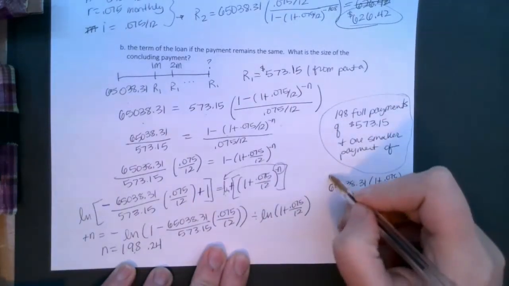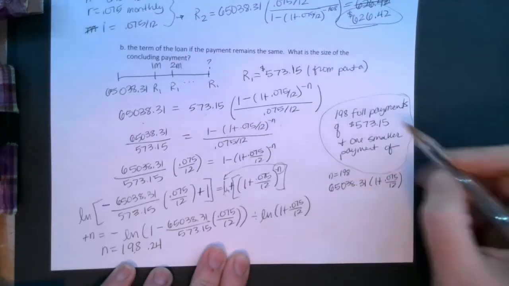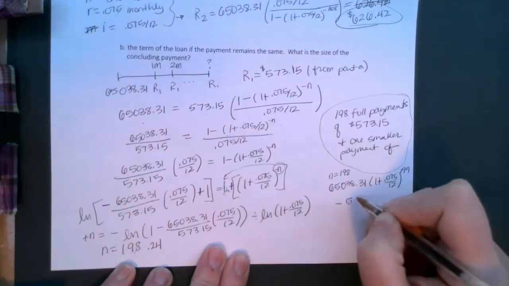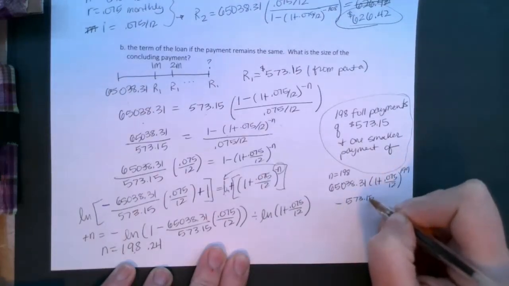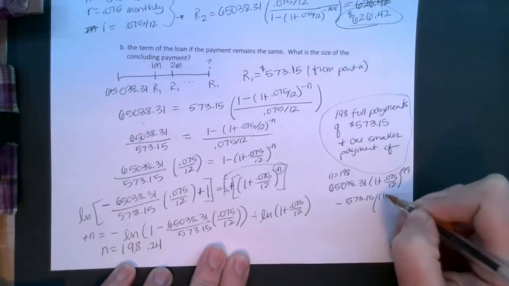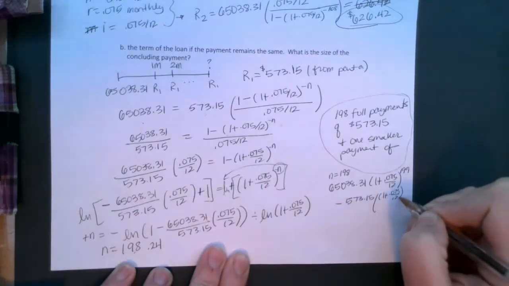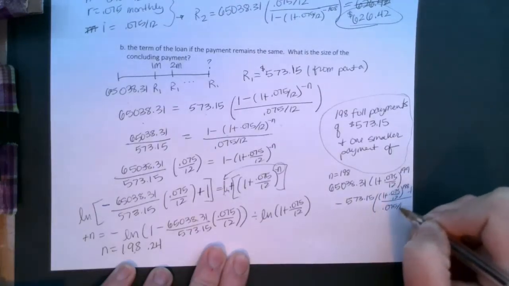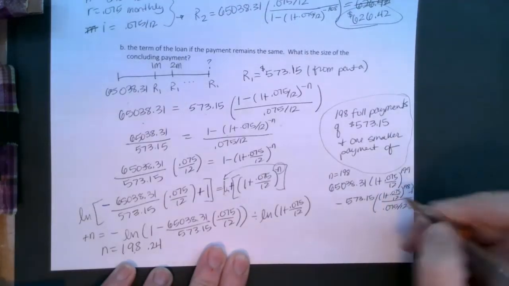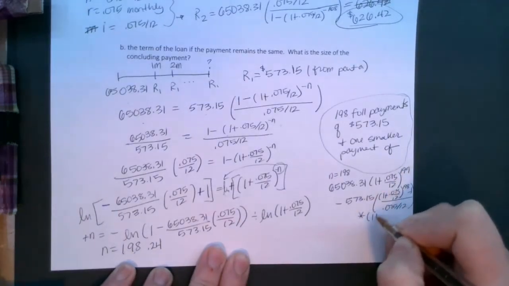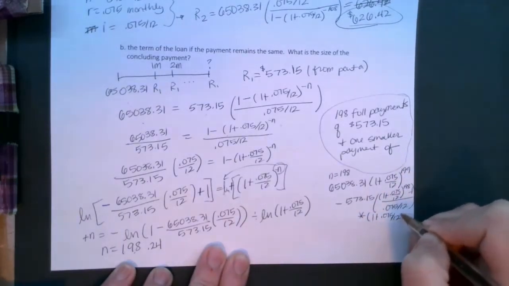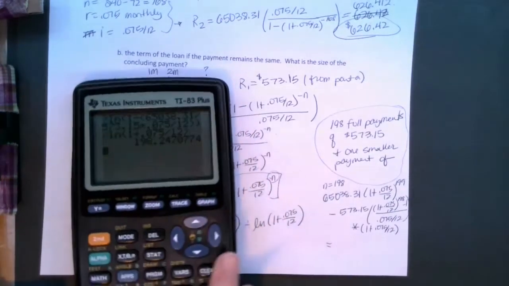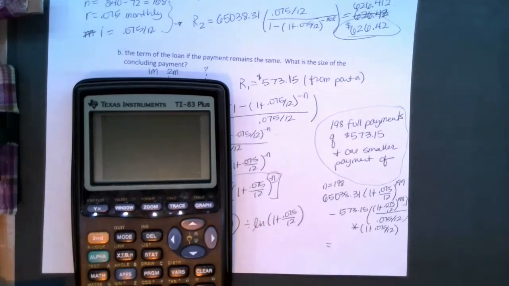This time our n is 198, so it's going to be 199, and then we're going to subtract that from 573.15 times 1 plus our i, 0.075 over 12, to the 198 minus 1 over 0.075 over 12, and that whole thing gets multiplied by 1 plus 0.075 over 12. I know that's not very pretty, and I kind of had to bunch it in there. I apologize. So when we plug in that whole thing,